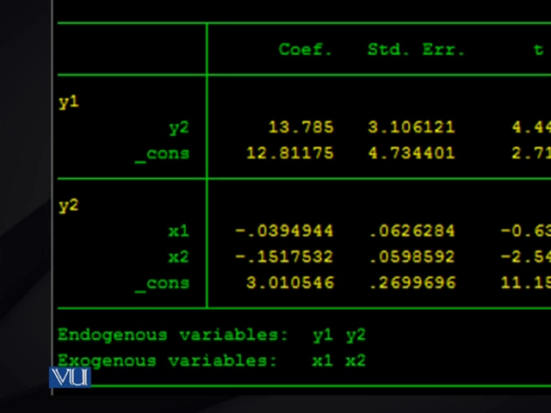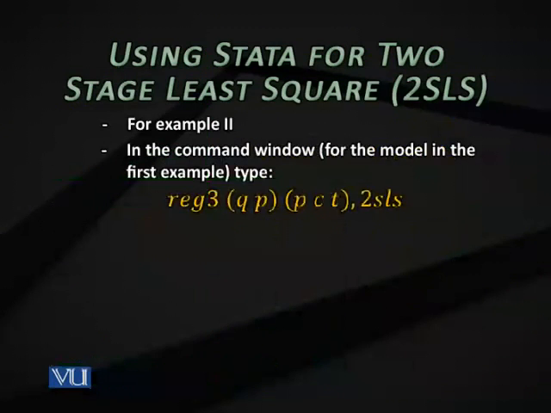Here also you have t values and p values, but presently we don't go deep into the background. Below you are seeing the list of variables: endogenous variables y1 and y2, exogenous variables x1 and x2. When you write your command, this is another way to verify whether the exogenous and endogenous variables are treated by Stata as you wanted or not. So these results directly give you the two-stage least squares estimates of example 1 that you can get using the reg3 command. Later we'll discuss the IV regress command, but let's move to example 2.